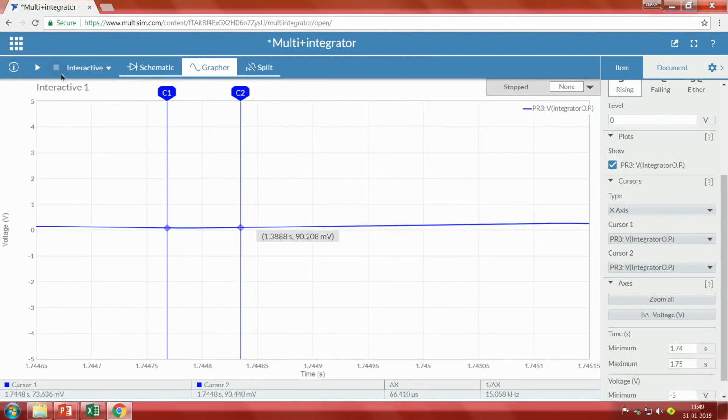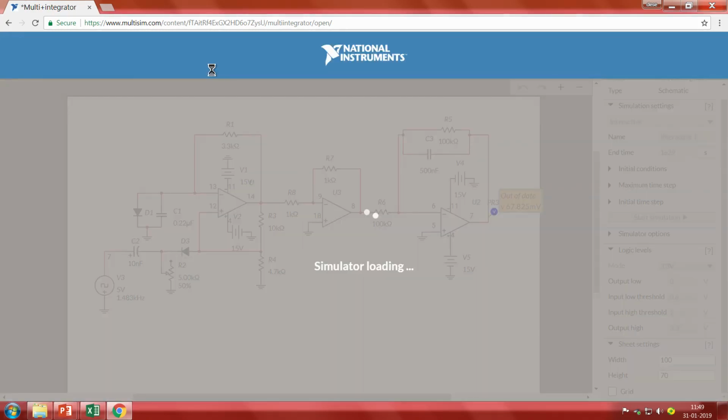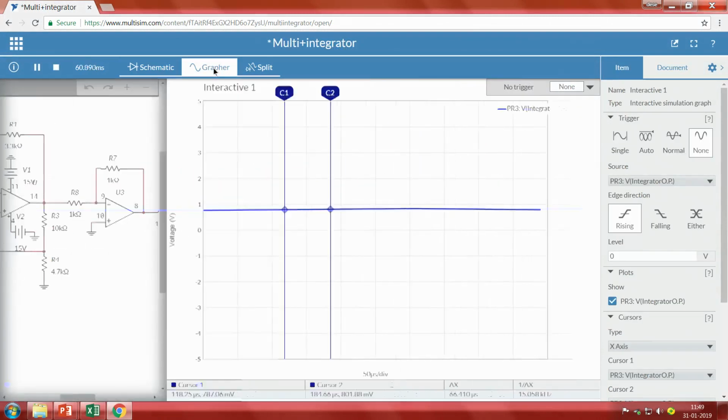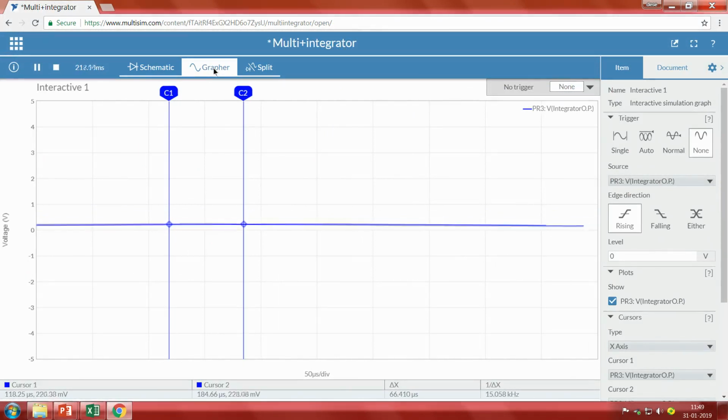So, let me change the capacitance to a little higher value and observe. Here we can see approximately 200 millivolts.